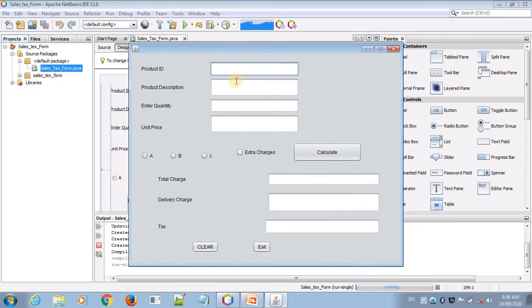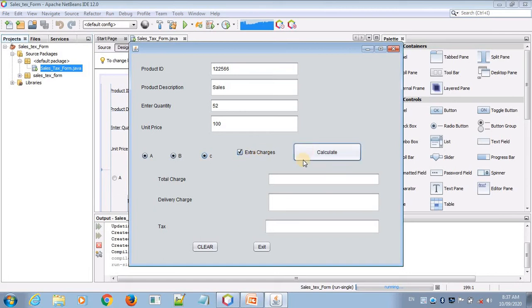Now students, this is our form. You write the product ID, product description for sales, you can write anything. Quantity, how much is needed, I have given 52, and the unit price, put 100, and A, B, C, and the extra charges.